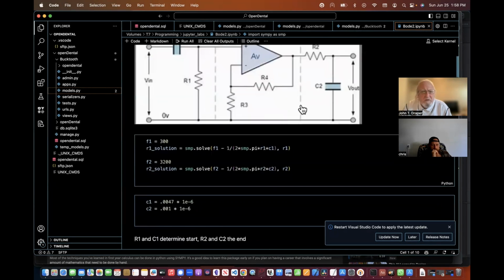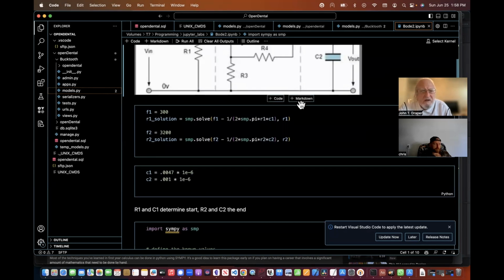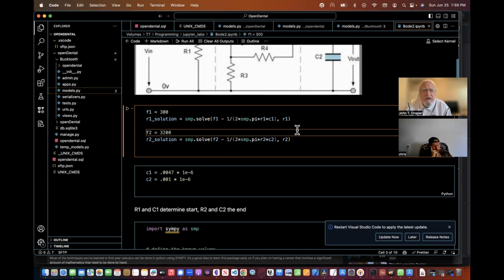And so what you're able to do here is use this solve function, the SMP.solve function, to solve for F1 in the formula 1 over 2 times pi times R times C, okay? But we're solving for F1. Actually, we're solving for R1, I'm sorry. We're solving for R1, but R1 is inside this formula. So when we solve for R1 inside this formula, this is how it's done. You basically do the SMP.solve right here. That's the formula that you're using, and then you're solving that. And your solution is R1. Given F1 and given F2, you're able to get the R1 solution and the R2 solution.